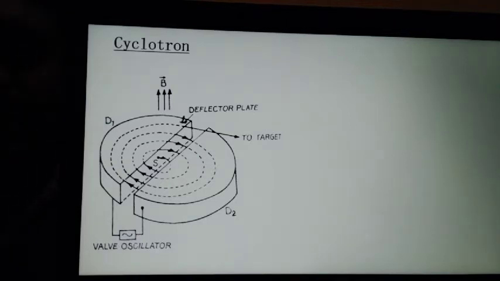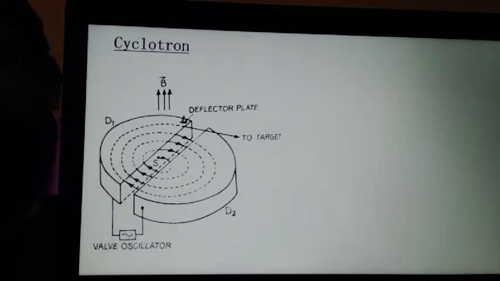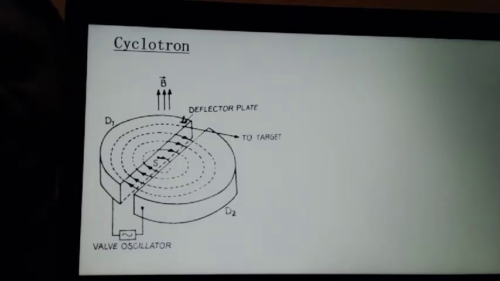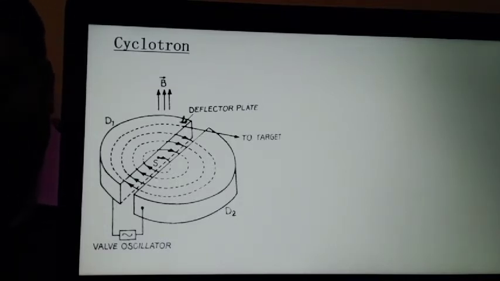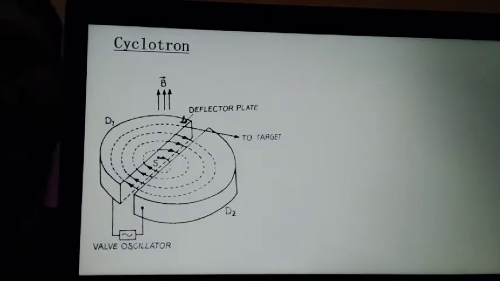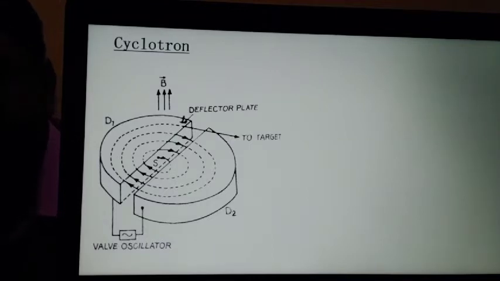Generally, these highly energetic charged particles are used for collision experiments. That is why a deflecting plate is shown there, so as to direct them to the outer circuit, and it is directed towards the target to be collided with that particle. So it directly hits the target when it is subjected to a sufficient energy level,